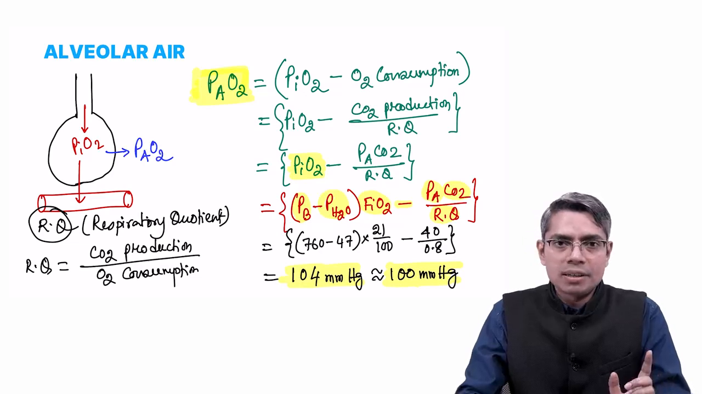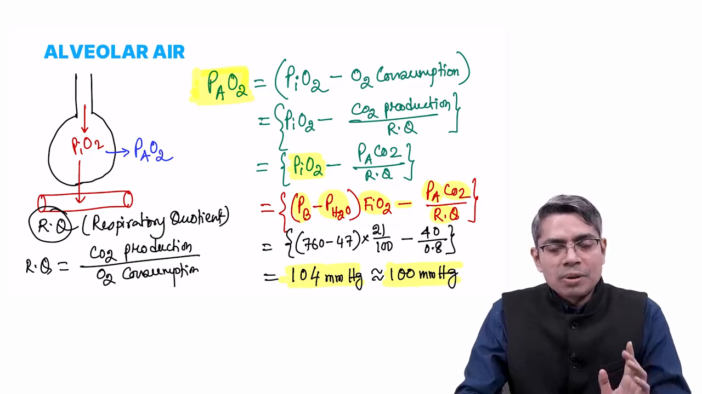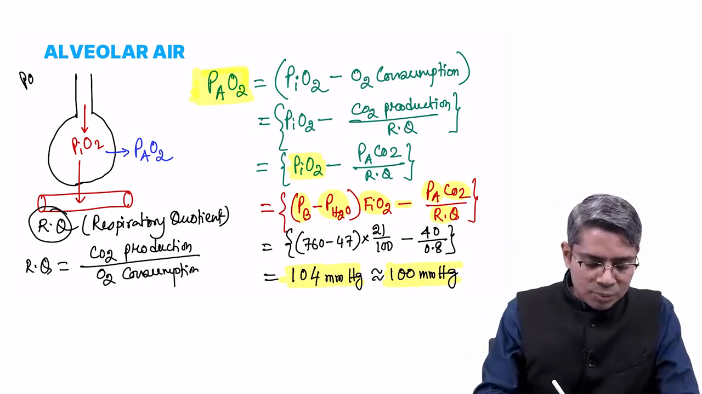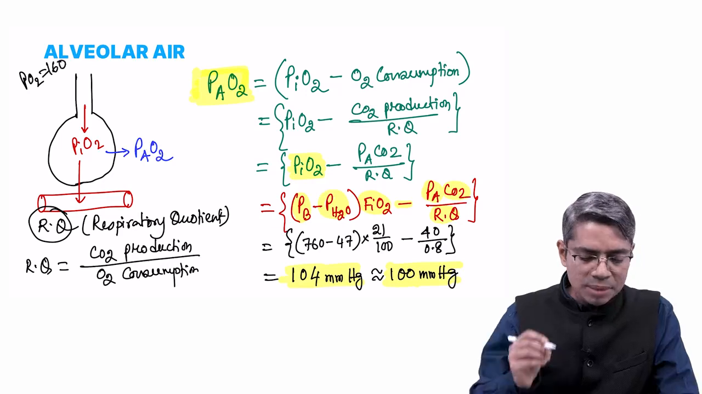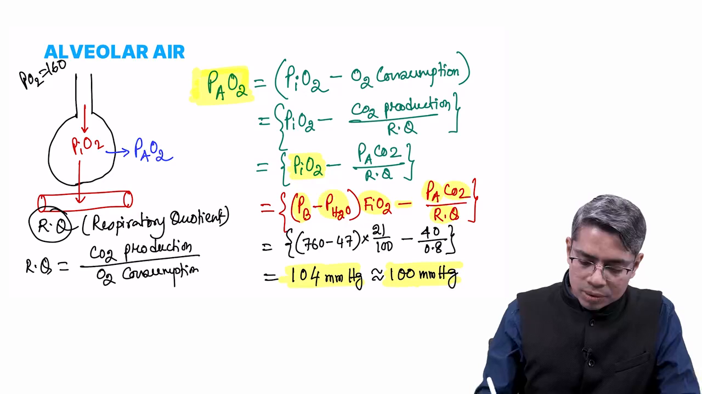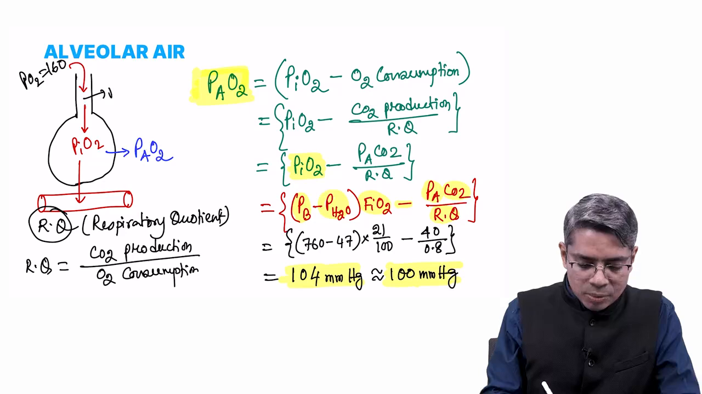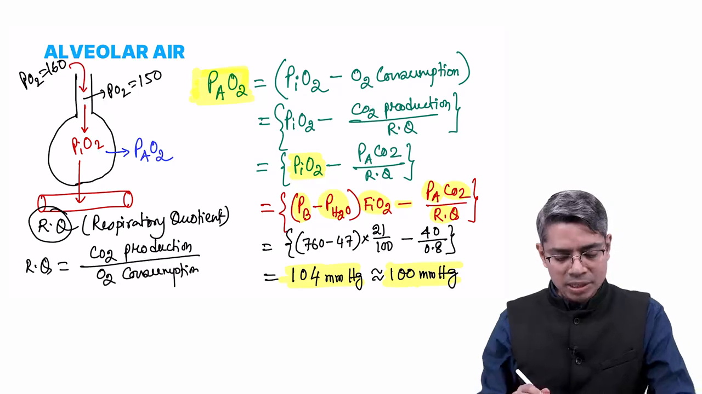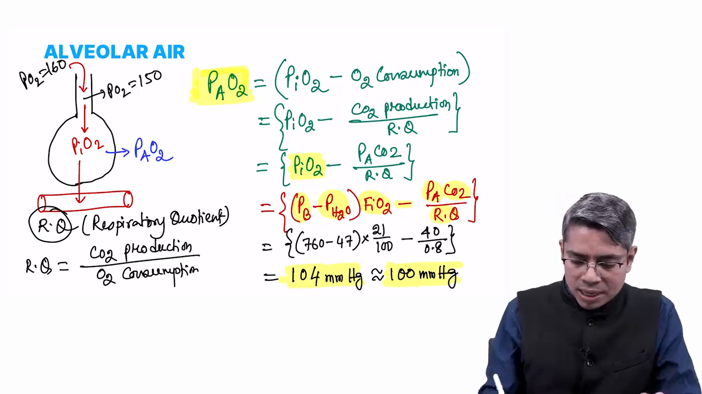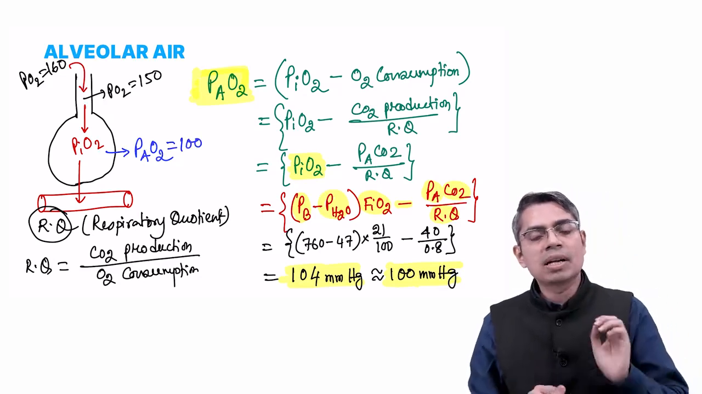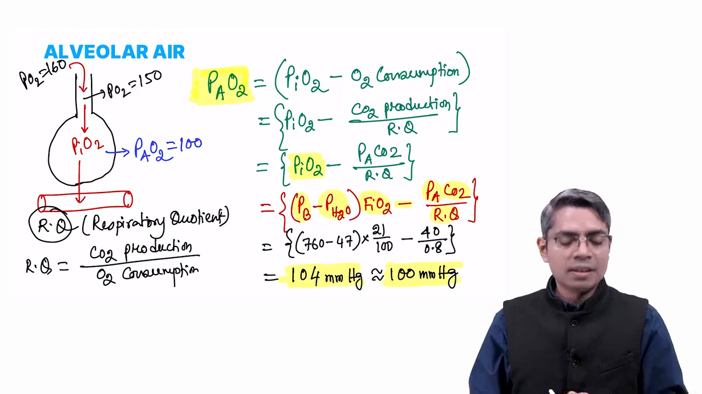So we have understood that partial pressure of oxygen in the atmospheric air is 160 millimeter of mercury. When that oxygen is entering the level of conducting zone, partial pressure of oxygen is falling to 149 or 150 millimeter of mercury. When that oxygen is reaching the level of alveoli, the value is further reduced to 100 millimeter of mercury. Now,